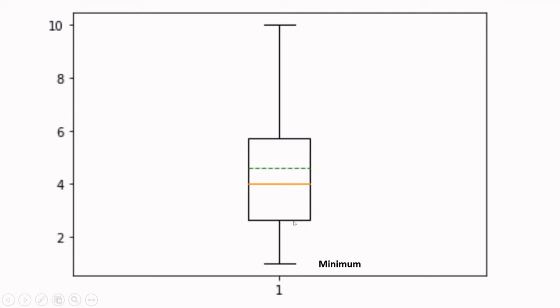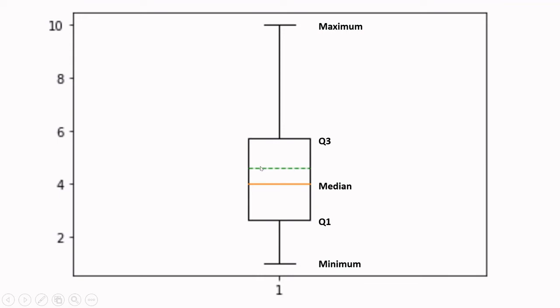The starting edge of this box represents the first quartile. Then this line which splits the box into parts represents the median of the supplied data. The end edge of this box plot represents the third quartile, and this top line represents the maximum value in the supplied data.